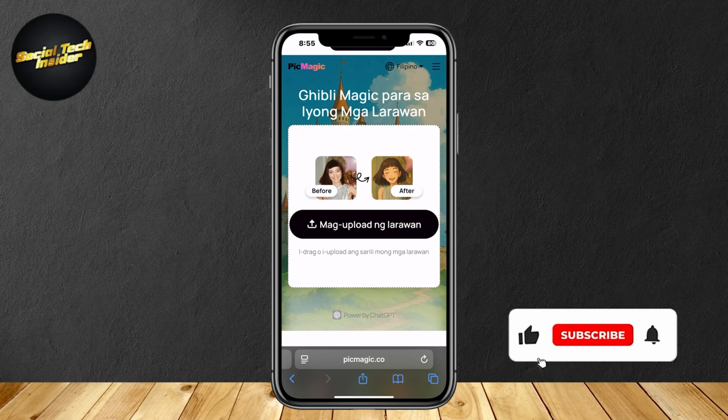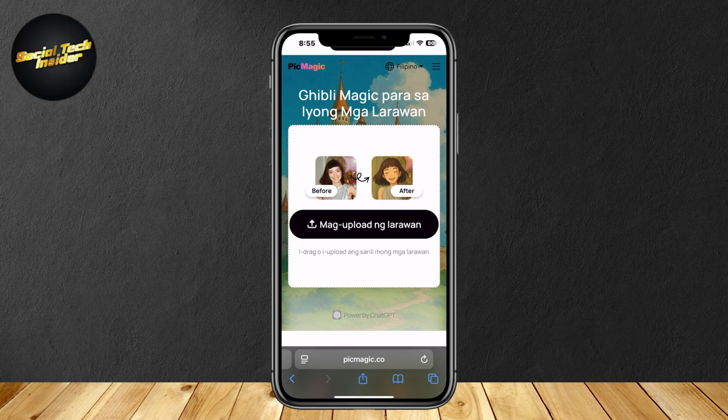So this is how you can turn your photos into videos using AI. Now this is completely free. You're gonna want to go to pickmagic.co, and now you're gonna want to tap on this upload button in the